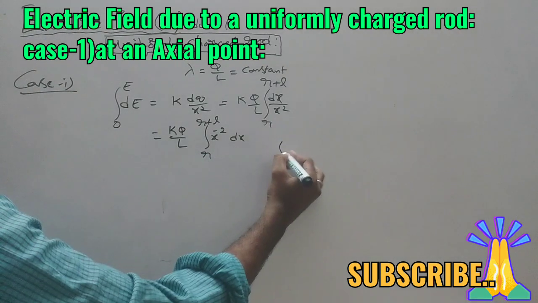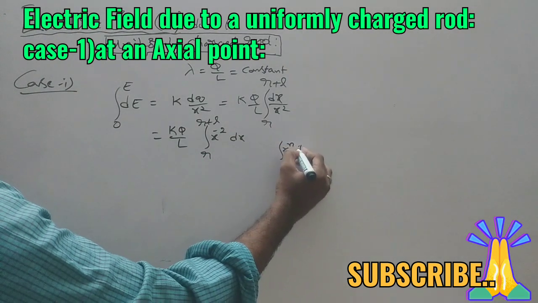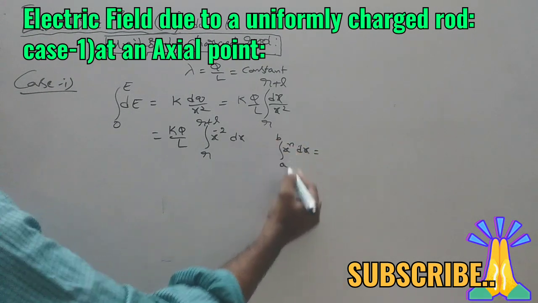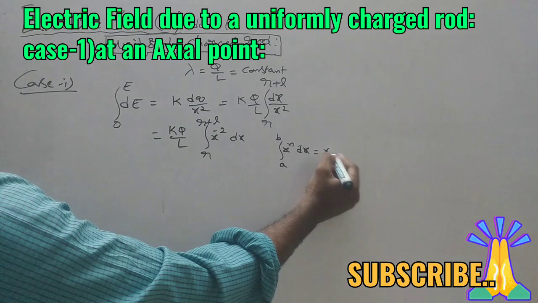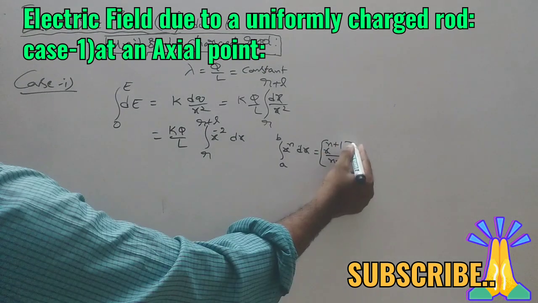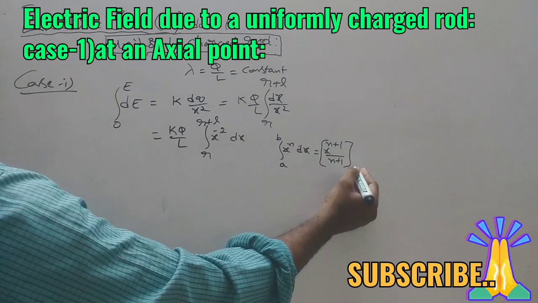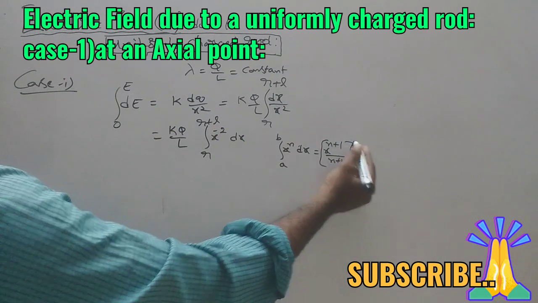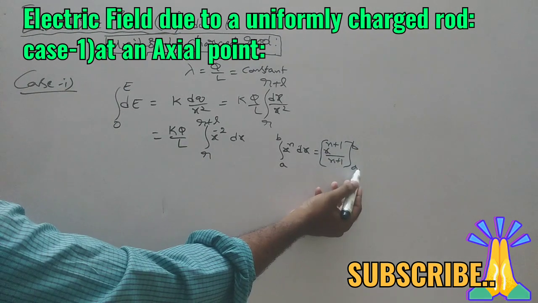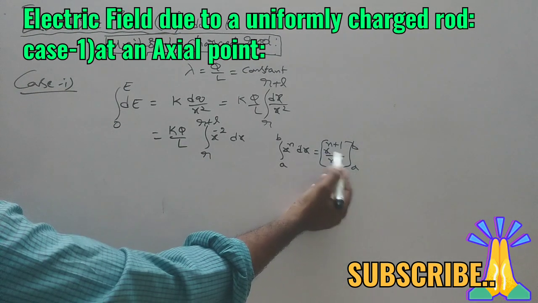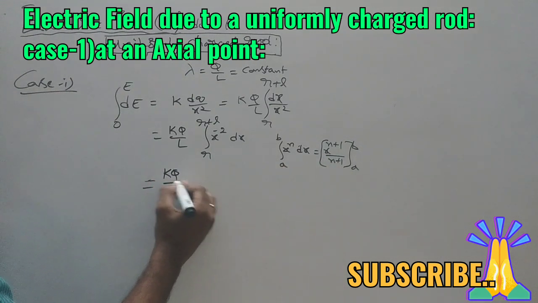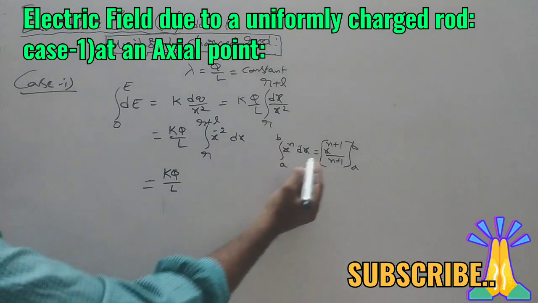So this is integration of x power n dx. One formula is there in integration. Suppose this is a definite integral in between the limits a to b, then we have the formula x power n plus 1 by n plus 1, and after getting the integration, we have to keep it in square brackets like this. First in the place of x you have to substitute the upper limit minus, then you have to substitute the lower limit a.